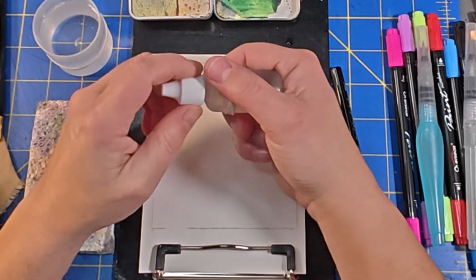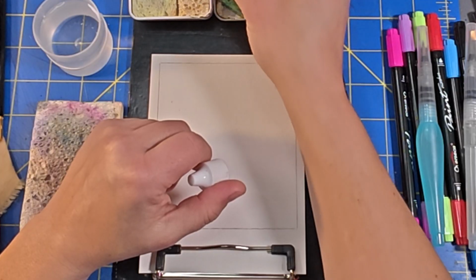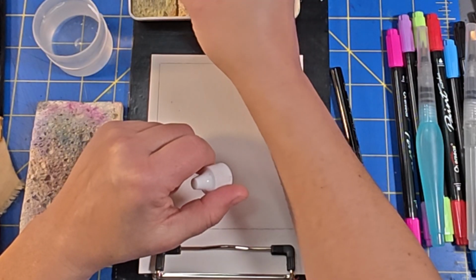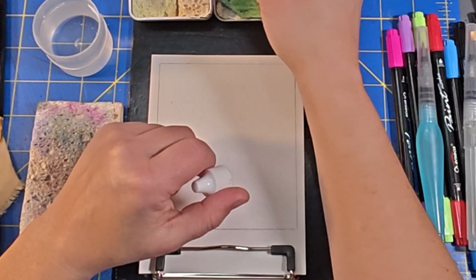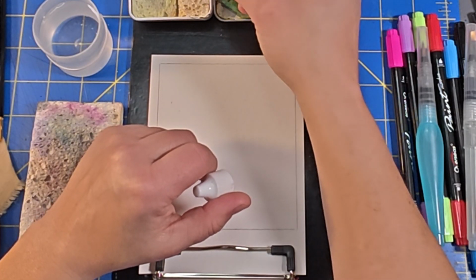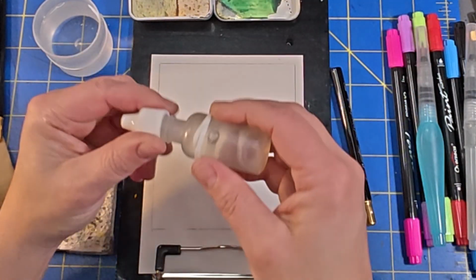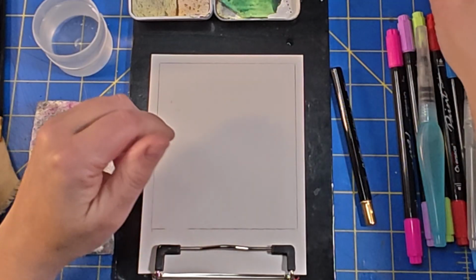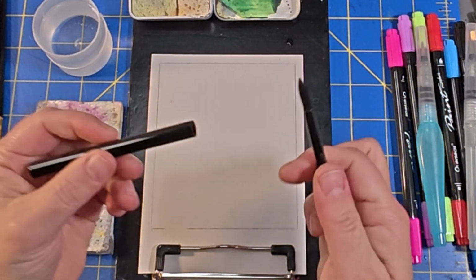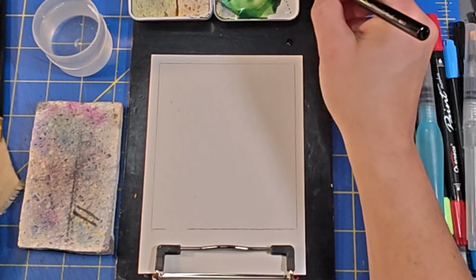So I'm going to get these paints. I'm going to re-wet them a little bit. I'm going to be working from imagination, and I'm just going to show you the sorts of figures I'm going to be working on. These paints don't need a lot of re-wetting. They need a little bit. All right. So I'm going to be doing figures